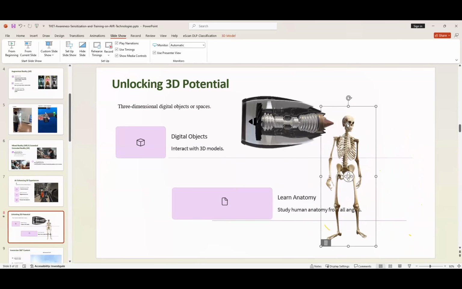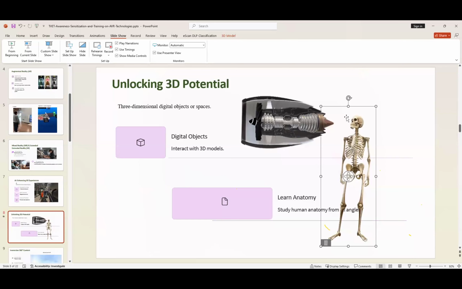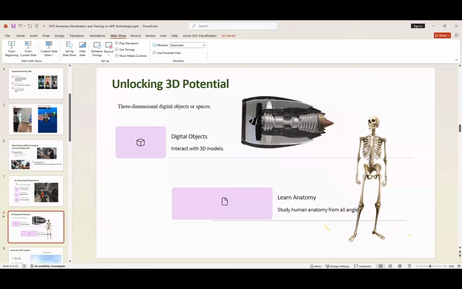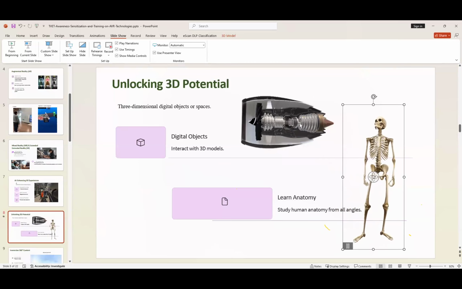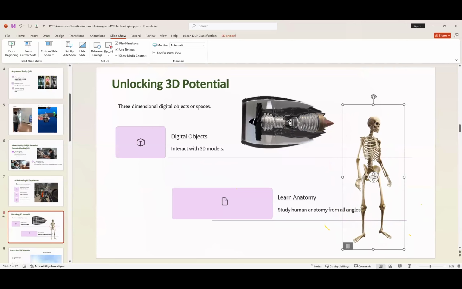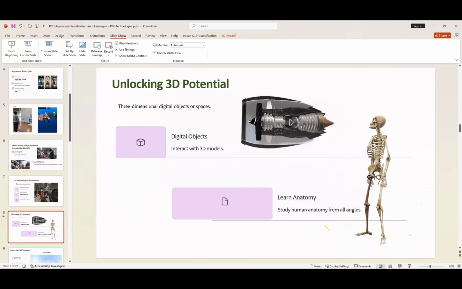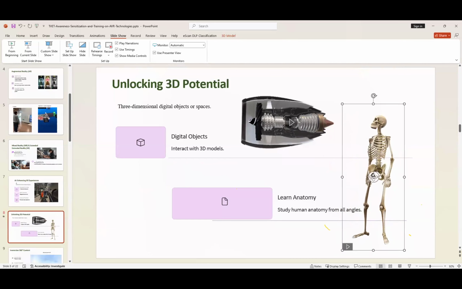You take off the skull and see, okay, this is how the skull is supposed to look. This is the jawbone, and all that science and biology that happens in class, okay? So there are so many applications of it, but basically, for you to understand what 3D is, I hope this makes sense and gives it justice for you to see and appreciate how 3D would change the way we teach and learn.